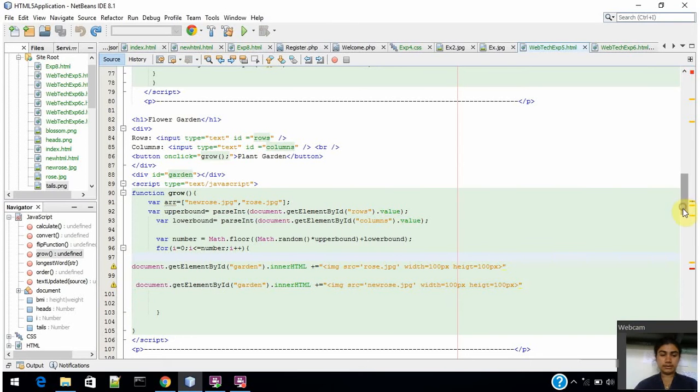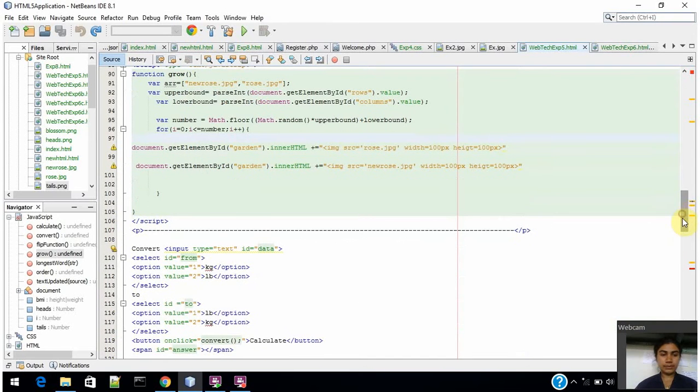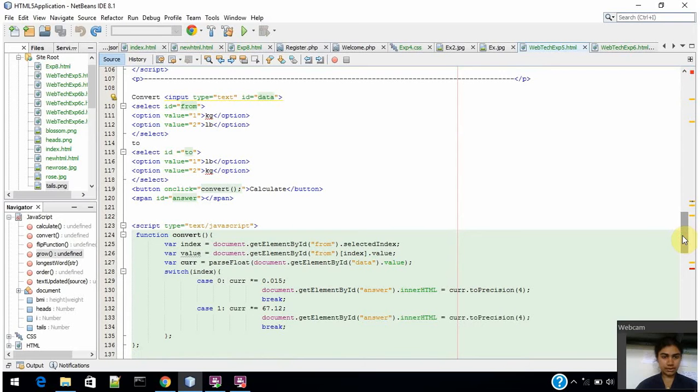Now after this is our conversion of kg to lb and lb to kg. So one set of instructions for kg to lb, and then this is for lb to kg, and then on click we have to convert. Now inside the convert function